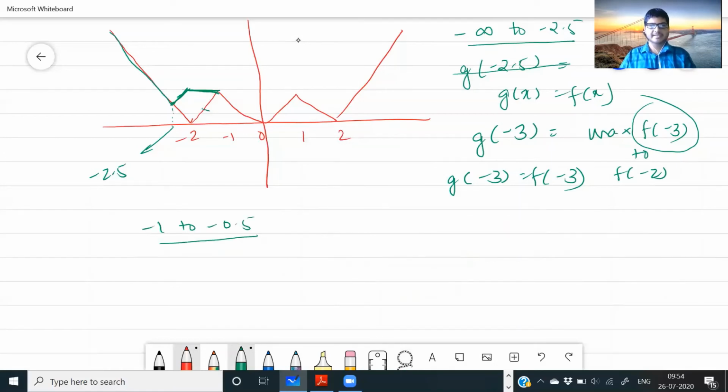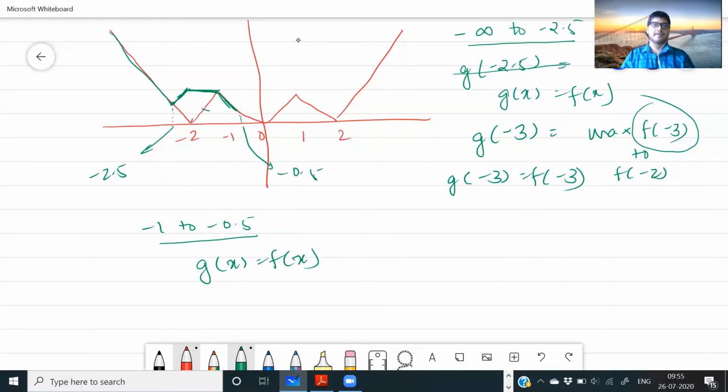How I'm taking these regions, you will get by intuition only. Otherwise, you can try for various points and you will get the answer also. So minus 1 to minus 0.5, in this region, what will be the maximum value? The same exactly, means g of x is going to be f of x in this region. Okay, so the graph is going to be like this. So this point is